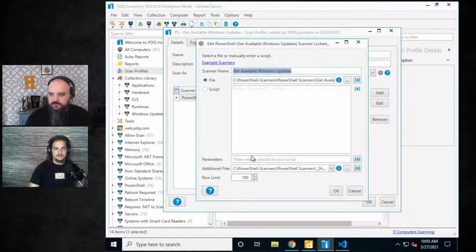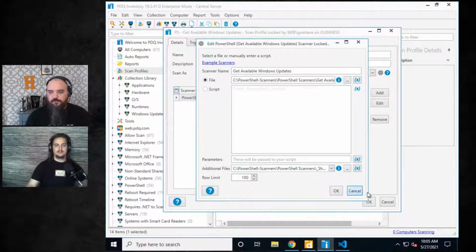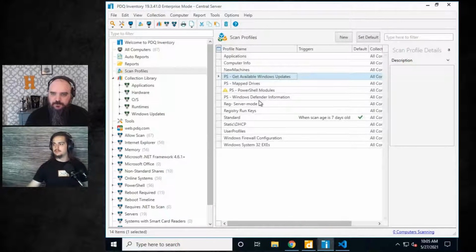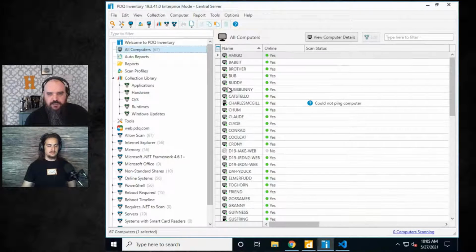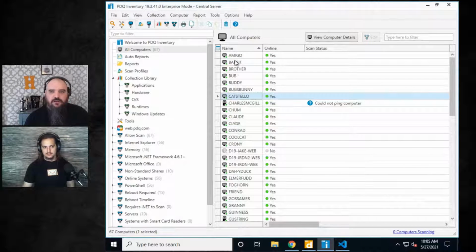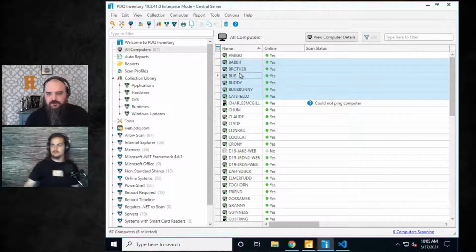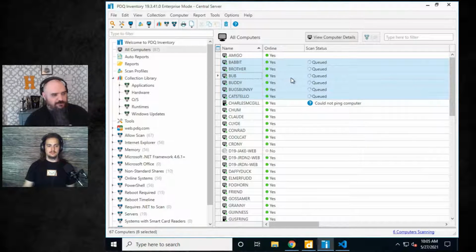it just has this PowerShell script that we pulled up, or that I haven't pulled up yet, and it imports that module that we're talking about. This scanner in particular is one that I pulled in because it gets available Windows updates, and it is fantastic if your machines are not on WSUS because it looks at the internet. So we're going to come in here and scan a couple of those, looking for those updates,